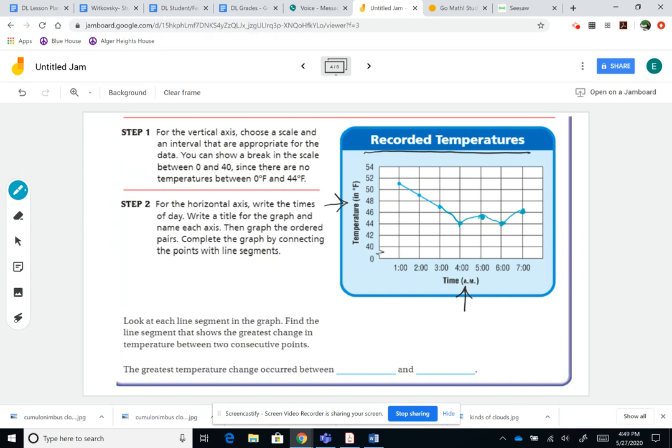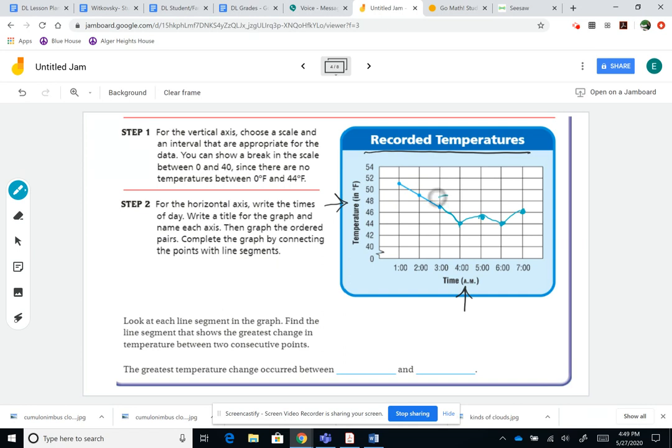All right, so now look at each line segment in the graph. Find the line segment that shows the greatest change in temperature between two consecutive points. So if we look here, what was the greatest change in temperature? Well, from 1 o'clock to 2 o'clock, it was only 2 degrees. From 2 o'clock to 3 o'clock, it was 2 degrees. From 3 o'clock to 4 o'clock, it looks like it was 3 degrees, and then it was 1 degree,